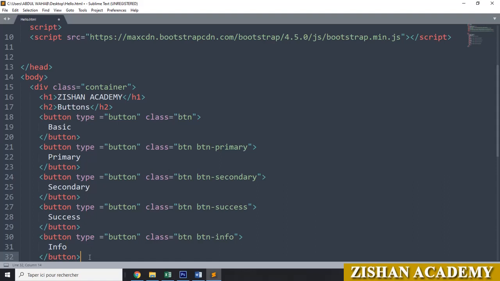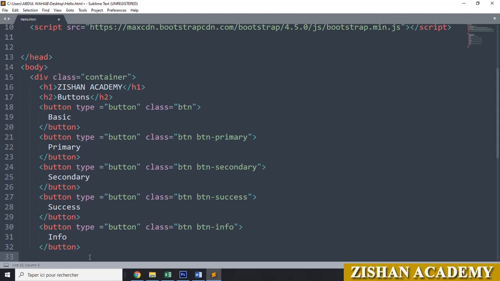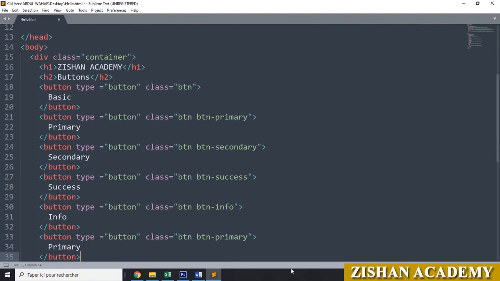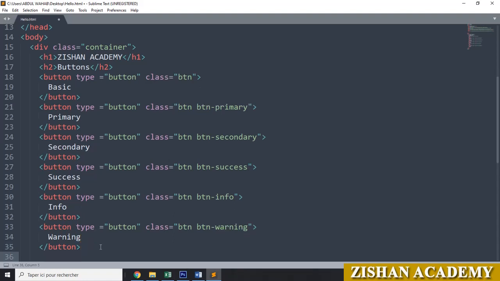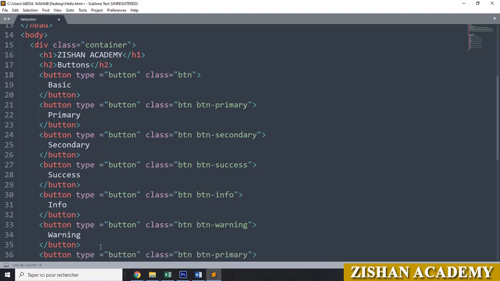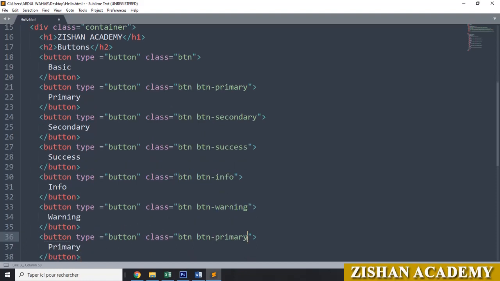And then we'll go for warning. Warning color it will be. It has to be in small letters. Here you can give whatever you want. You can make it caps or small. It's up to you. Then we have danger here. Danger color. Then here also you change it to danger.